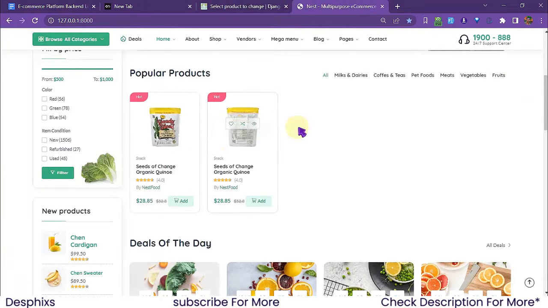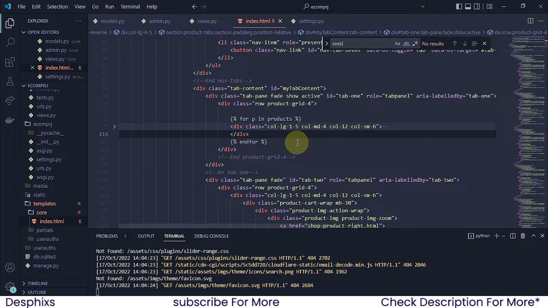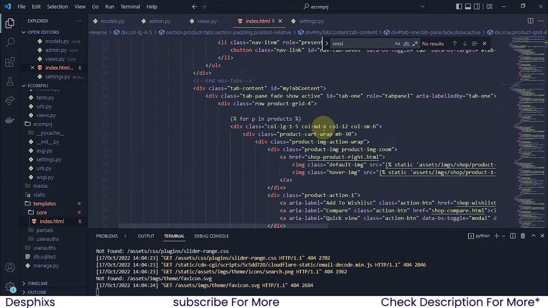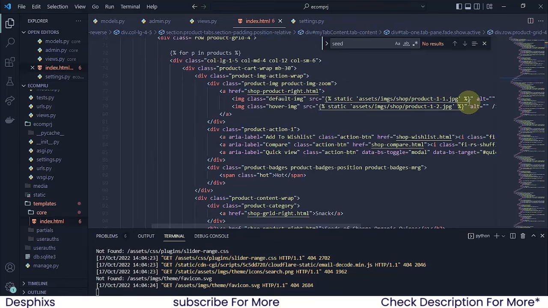Okay, but now what we need to do is go ahead and change up this image, change up the title, the percentage, and all the old price thing. Okay, so let's start doing that. Now I'm going to be starting off with the image. This is the image over here. I'm going to put my cursor over here,